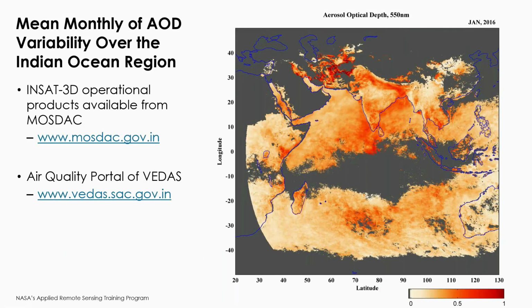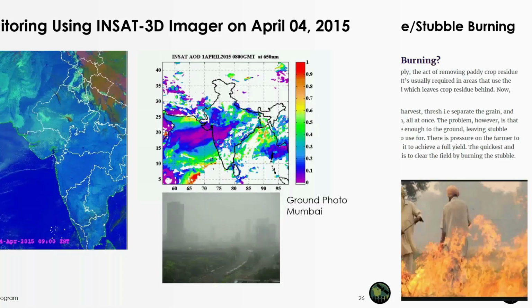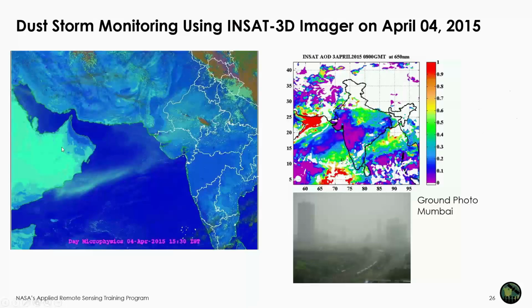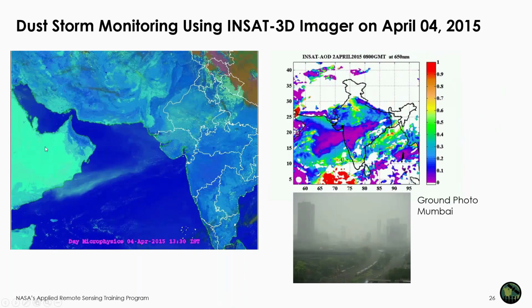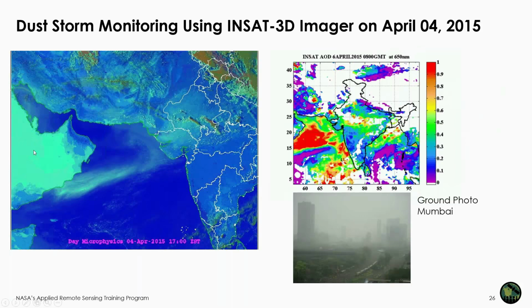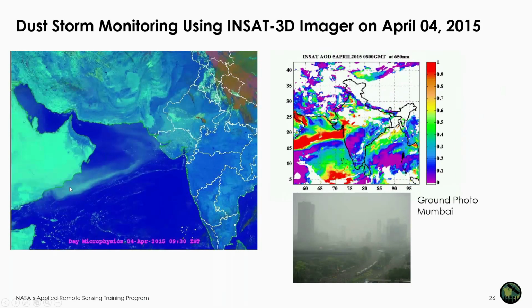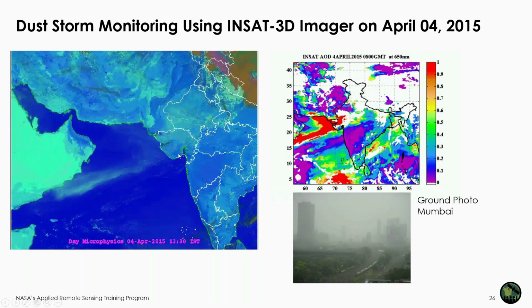Here there is one event which happened, a large dust storm event in April of 2015, and you can see the large amount of dust coming out from this desert region in Arabia and traveling all over the Arabian Sea and reaching India. So using this type of